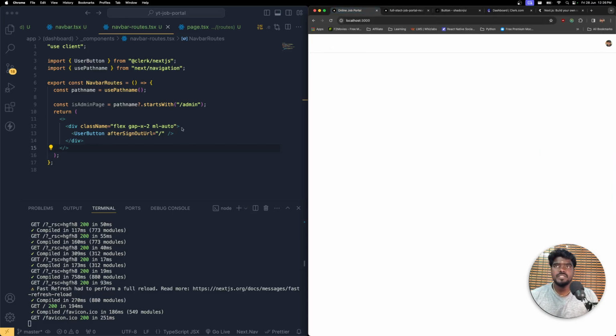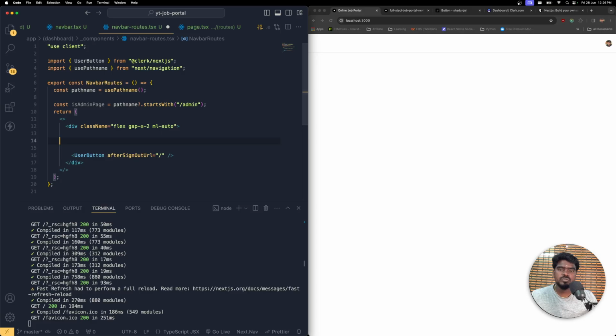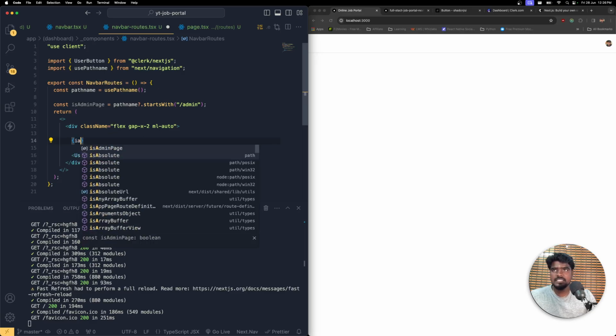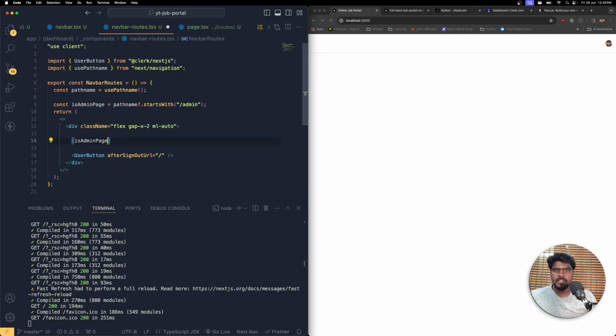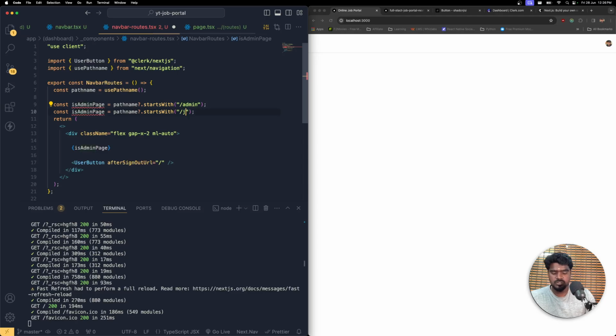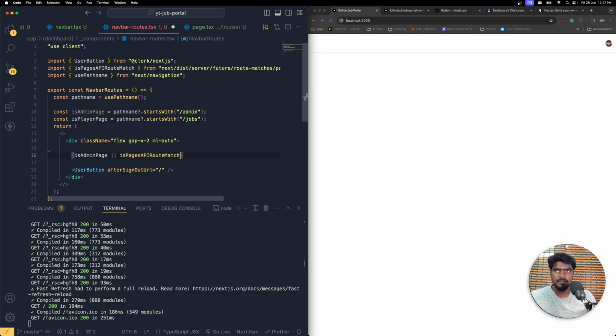So let's go here, and right after here, I'm going to check. If isAdminPage, and then we need to import one more page, that is going to be the jobs, the players page. If the user is in the isPlayerPage, which means the client page, if the user is either in the admin page or isPlayerPage,